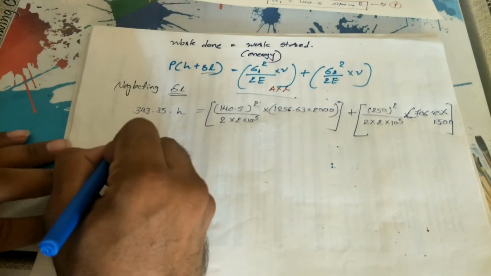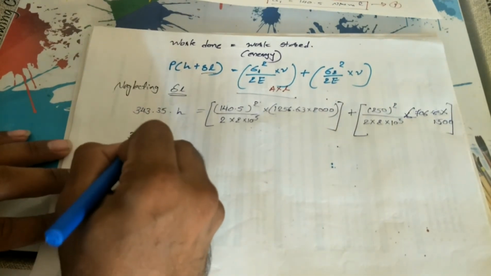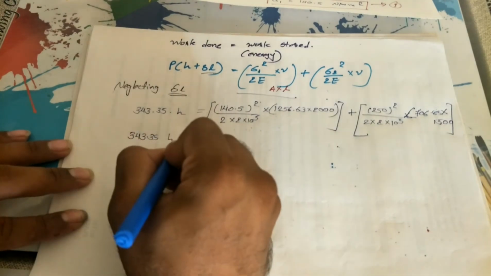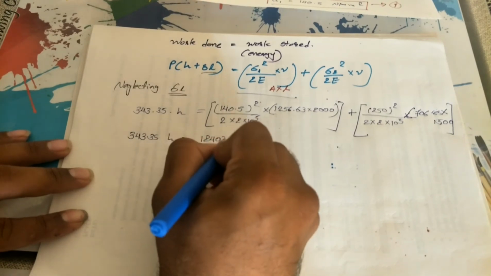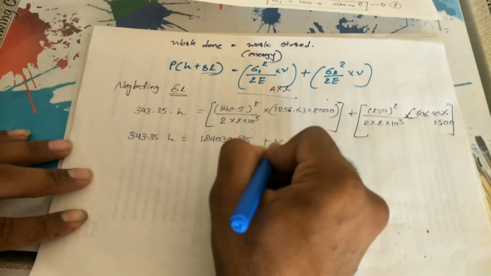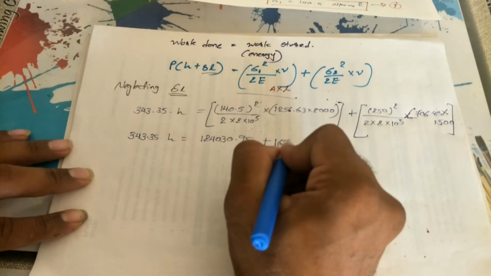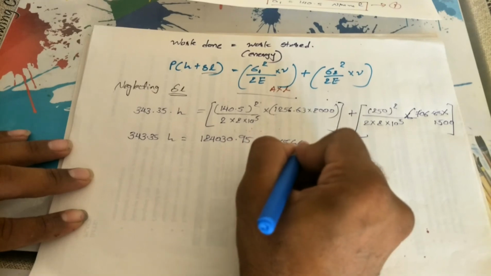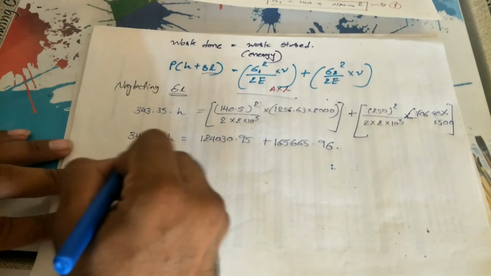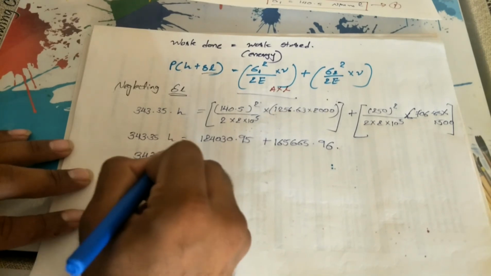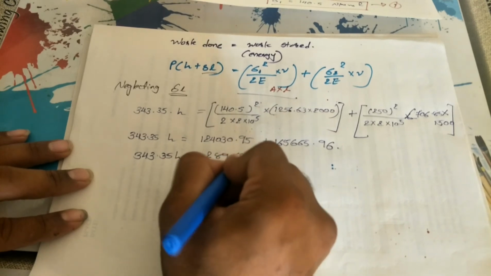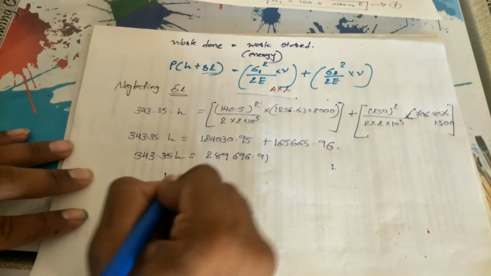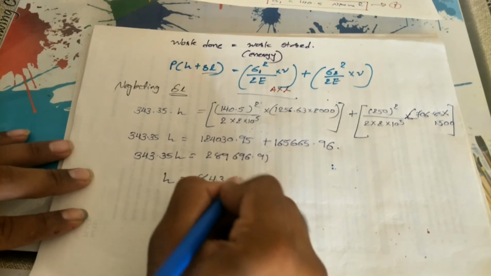Okay, so 343.35 H is equal to, if we solve this, 124030.95 plus 165665.96. So if we solve this, H is equal to 289,696.91 divided by 343.35, so H we are getting 843.74